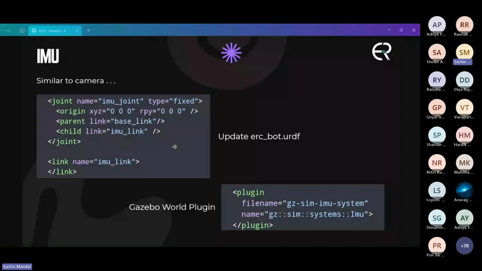After that, we will create a Gazebo reference to make the IMU work like a real sensor with similar tags as we used for the camera and LiDAR: always on, visualize true, update rate, topic, Gazebo frame ID, and finally add this argument to bridge the Gazebo to ROS messages in the spawn robot launch file.